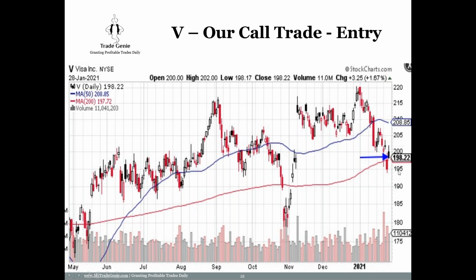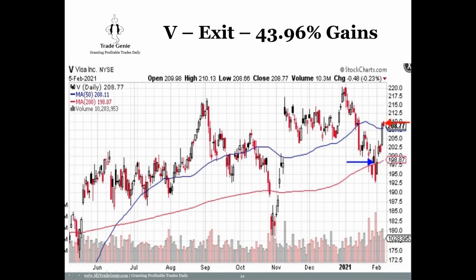Visa hung from 220 all the way to 195 below, right? The 200-day moving average. But then it gapped up above the 200-day moving average. So I have to ask why it moved up above the 200 moving average. I'll take my chances on this one. I can buy here, stop is here. So enter at 198, and you see what happened. It came down, held the level, and then boom, went up.